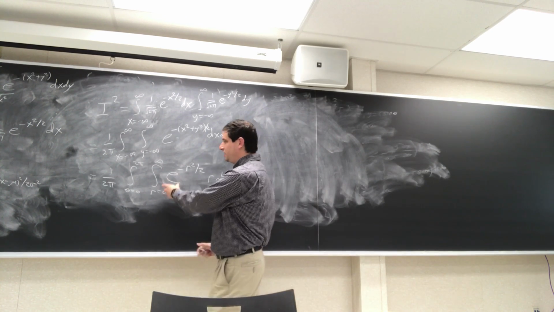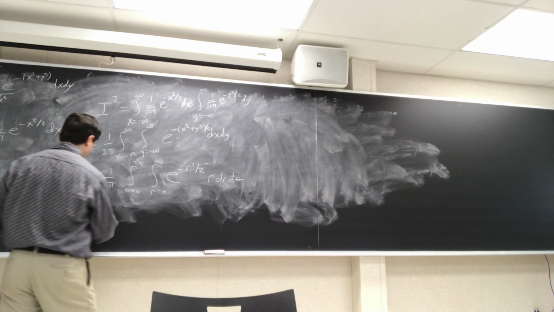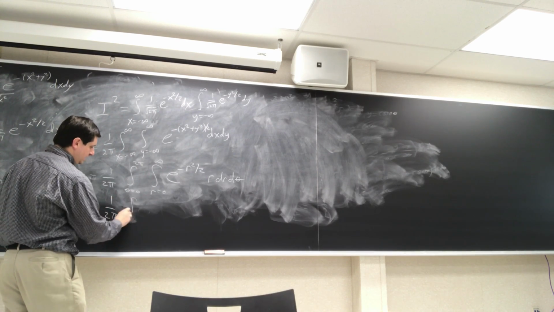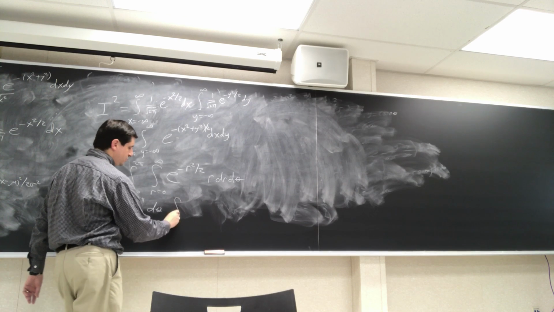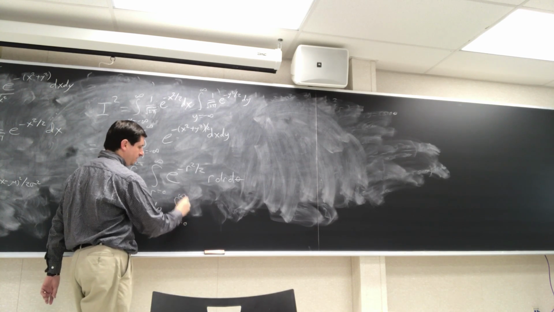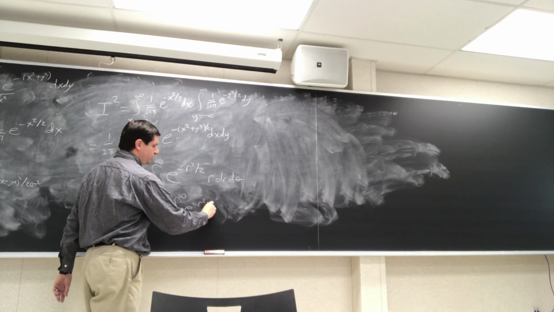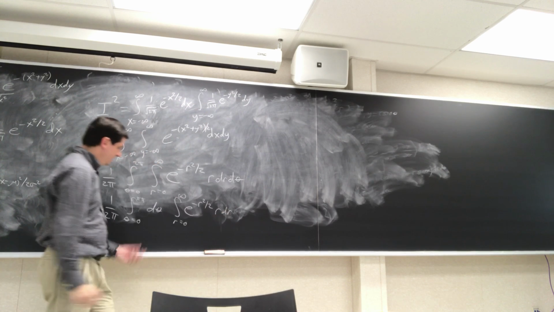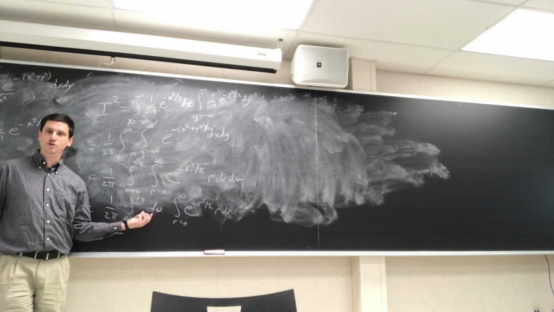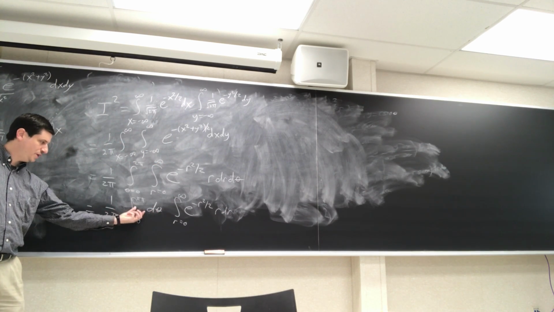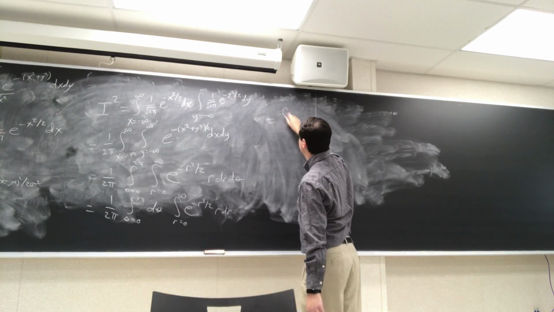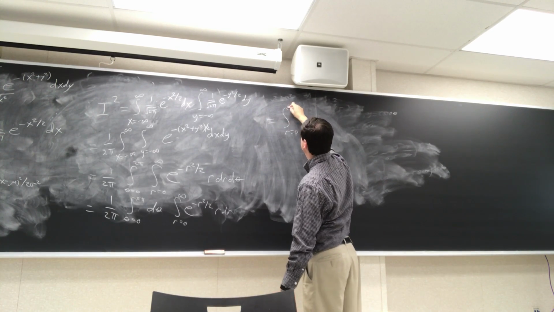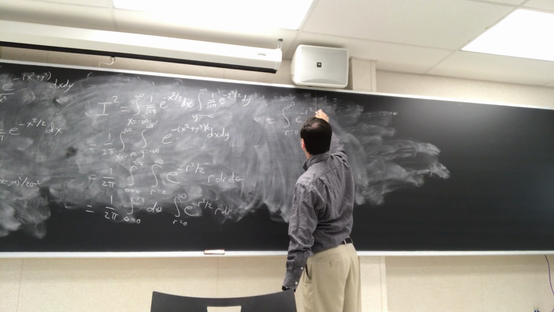So when we integrate with respect to theta, we get 1 over 2 pi, integral theta goes from 0 to 2 pi d theta, integral r goes from 0 to infinity, e to the negative r squared over 2 r dr. This just gives us a 2 pi, which cancels with the 2 pi here. And we're left with the integral r goes from 0 to infinity, e to the negative r squared over 2